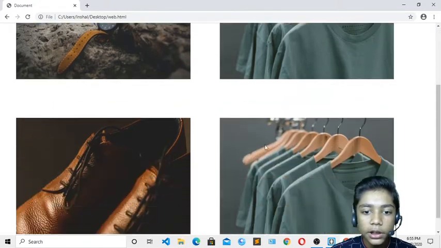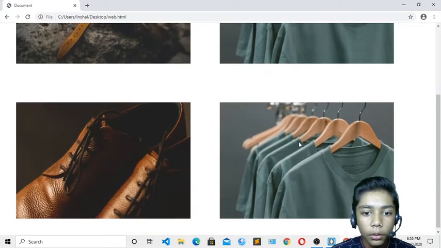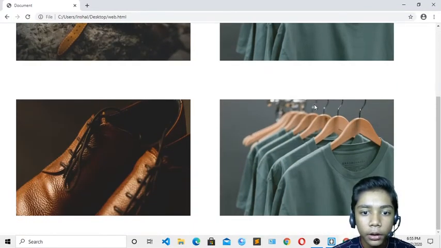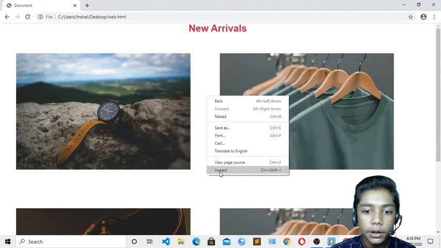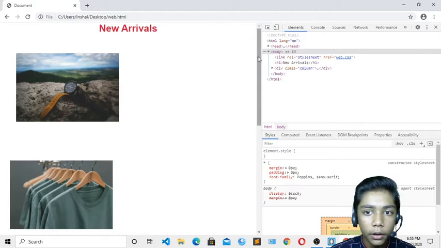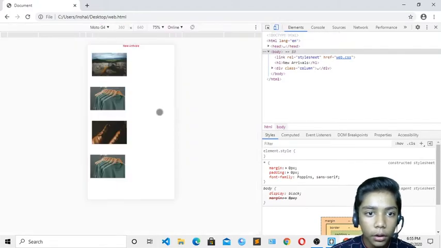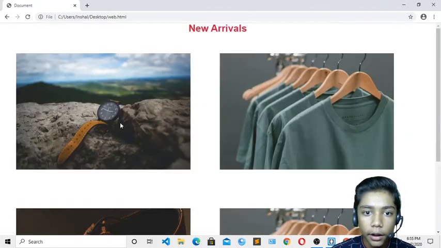It has been aligned with each other and is looking really cool. Here you can see spaces from the top over here, and we also have spaces from here. So we have just made our product display over here. If I toggle, here you can see it is looking like that over here.